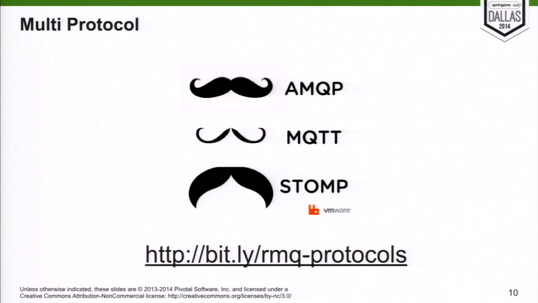RabbitMQ supports at least these 3 protocols: AMQP, MQTT, and STOMP. AMQP stands for Advanced Message Queuing Protocol, and it's the base protocol that Rabbit comes with, or is actually implemented around. MQTT and STOMP are implemented on top of Rabbit as plugins. So you can run Rabbit just as an AMQP server, or you can run it as AMQP and MQTT and so on. You can consume data,